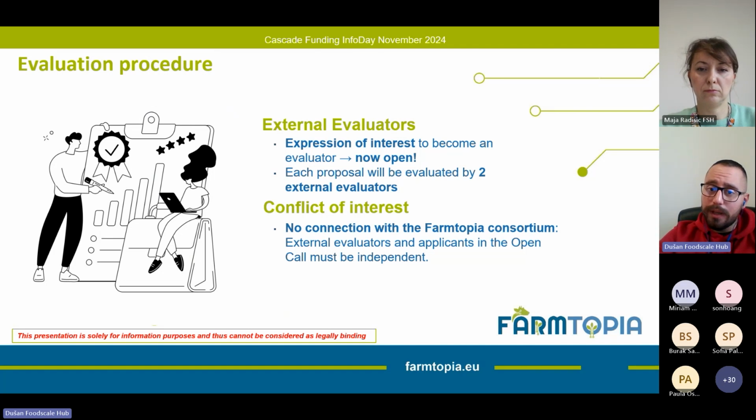Each proposal will be evaluated by 2 external evaluators, a business expert and a technical expert, and no conflict of interest may happen here, meaning that, as my colleague Maya said, if you want to apply for funding as a pilot potential, you must not apply as an evaluator, as this connection must not happen. And also, the potential evaluators must be independent from the Fundtopia consortium partners.